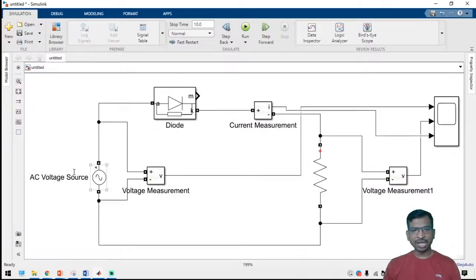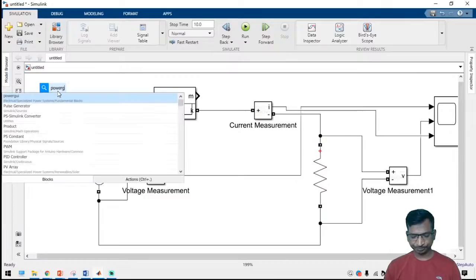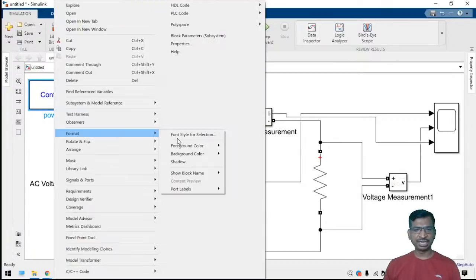So now we have configured everything, and here we have to add one more important component. We can call it the powergui. It's similar to a library header file. Since all these Simulink block sets come under the power system block sets, we have to configure the powergui block. So just search powergui here. Yes, the powergui block is included. This is like a header file. I'm just enabling the name.